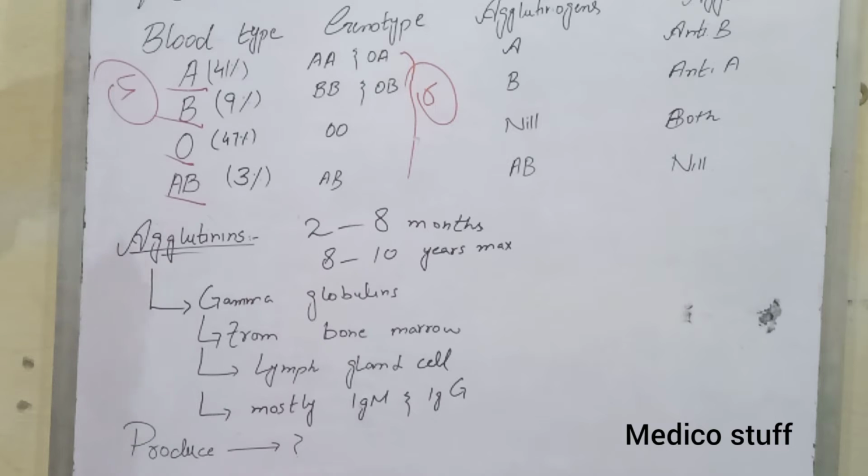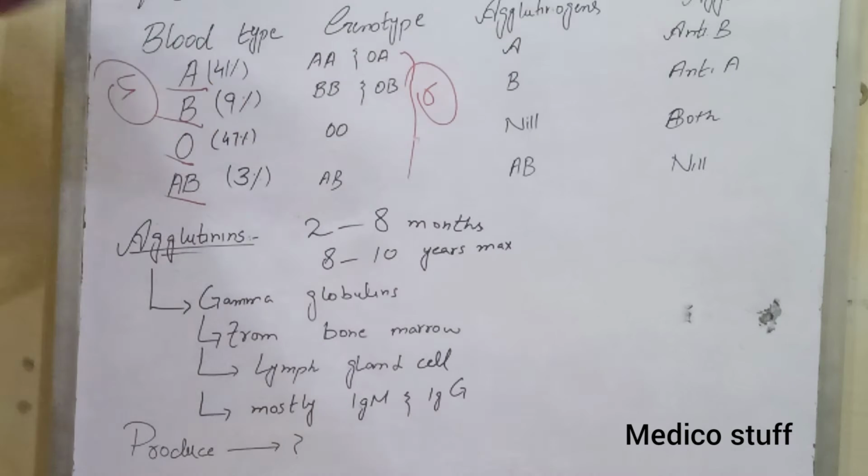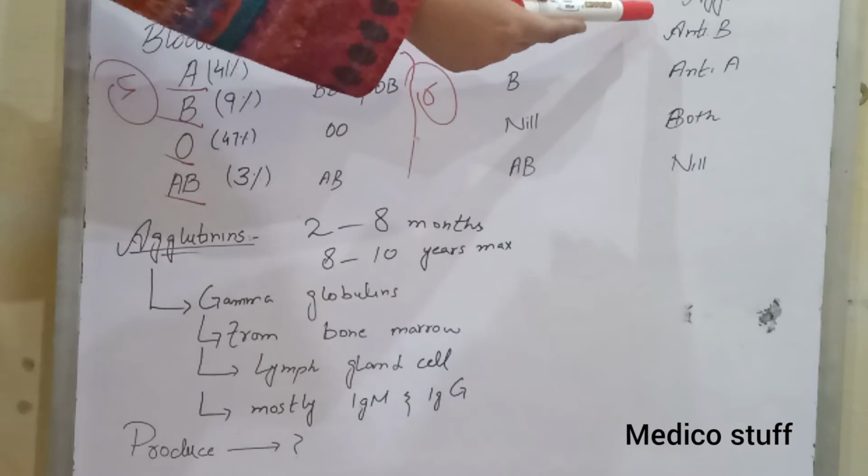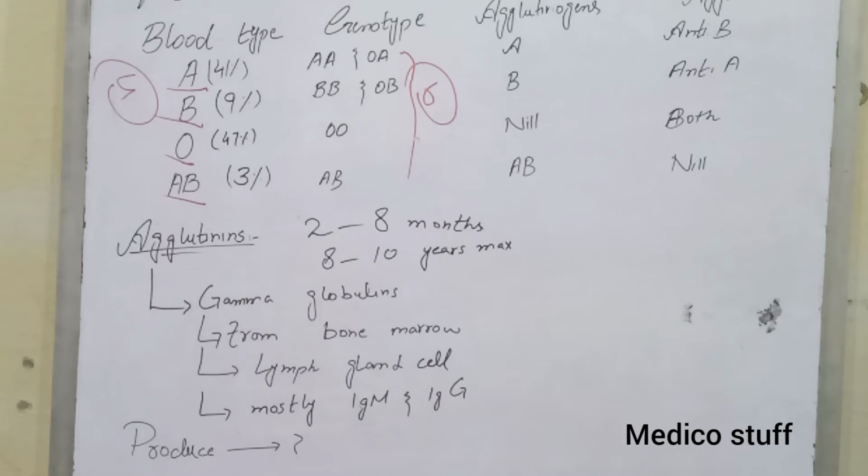But once the blood type is determined, then after birth there is the production of agglutinins, which are mostly called antibodies. Second name of agglutinin is antibodies. So what type of antibody will be formed in case of A antigen? If there is A antigen on the surfaces of RBC, anti-B type antibody will be present, because antibody and antigens are always opposite. If A antigen is present, then there will be anti-B antibody.